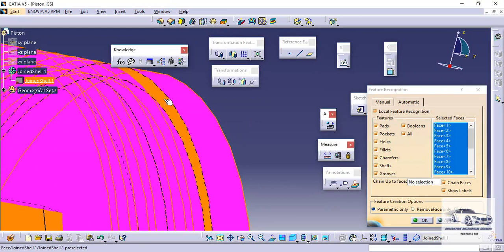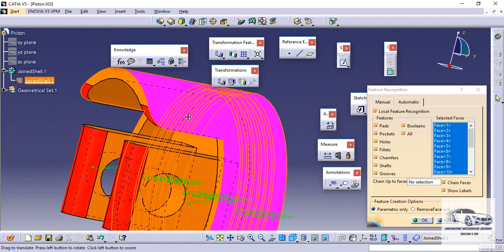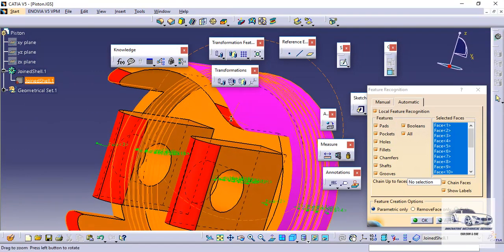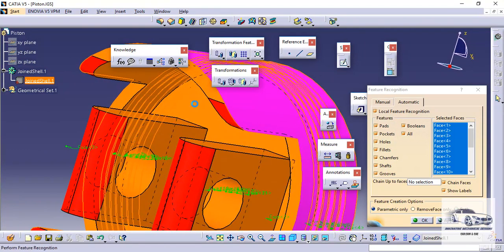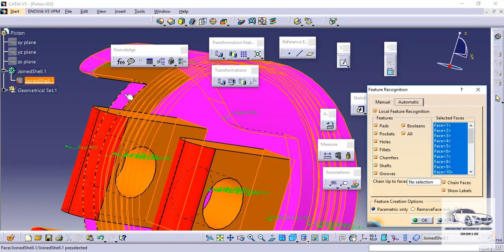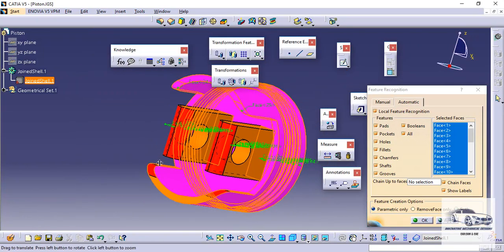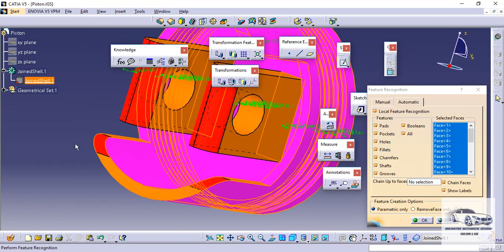Now for convenience, the most simplified definition regarding the representation of an imported part is that whenever we convert any part into IGES or STEP, as we can see here, the part is getting selected in the form of individual faces or surfaces.